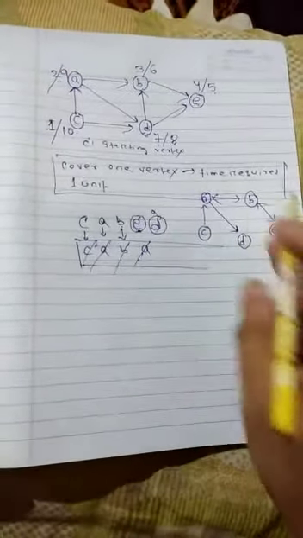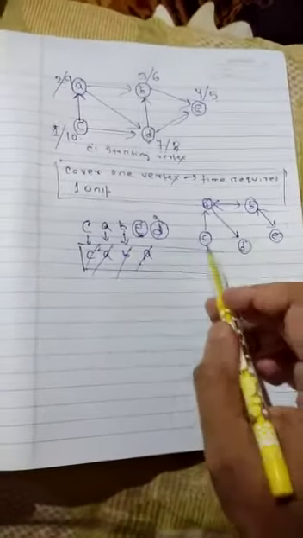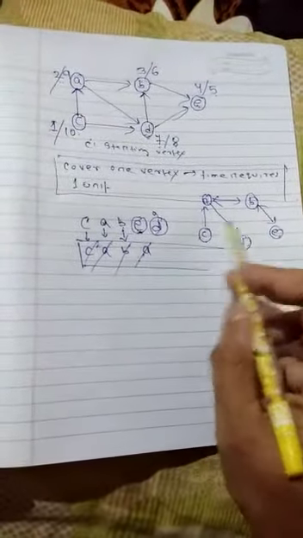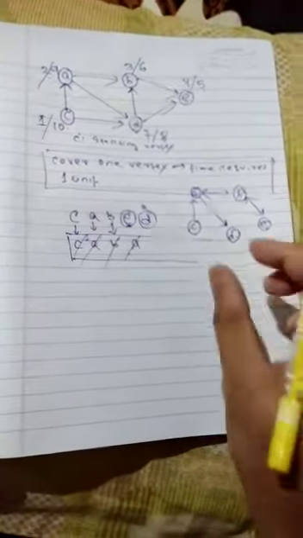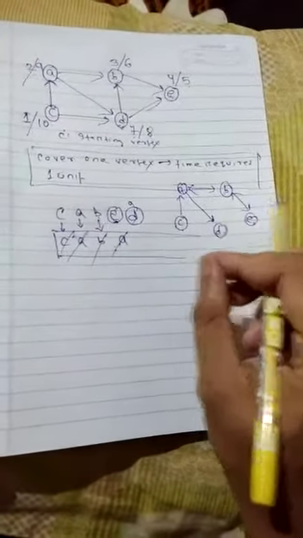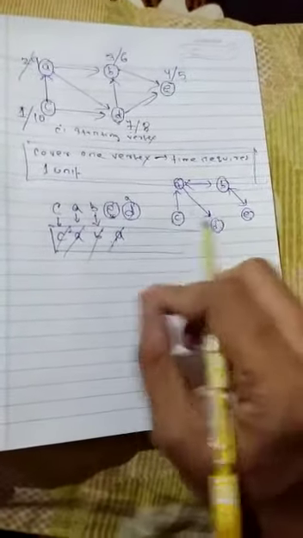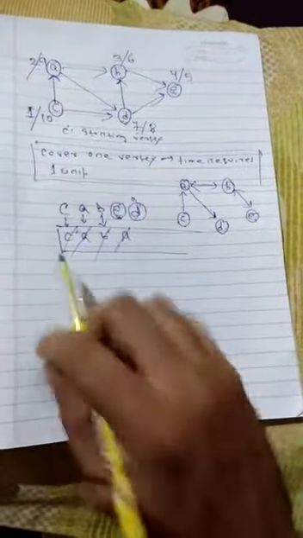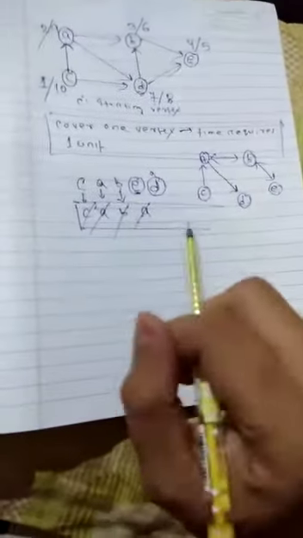Okay, so this is your spanning tree. It contains 1 2 3 4 5 vertices, 1 2 3 4 edges, because with n number of vertices, it contains n minus 1 edges. So this is your spanning tree and these are its contents. But this is for a short question. Whenever a long question is asked, you have to solve it like this.